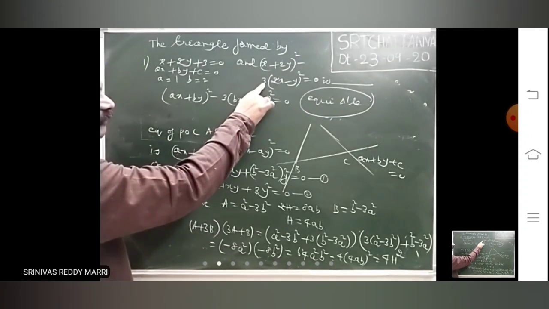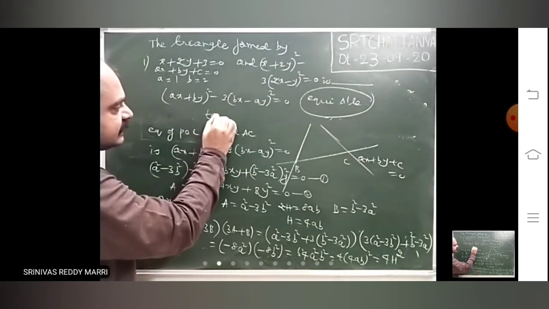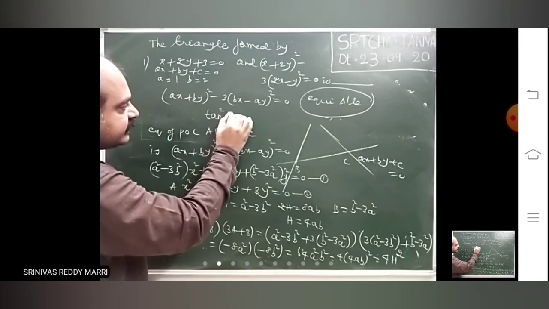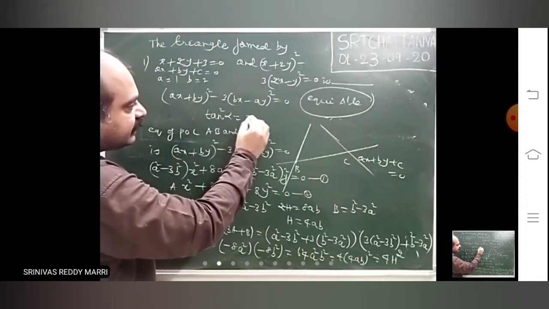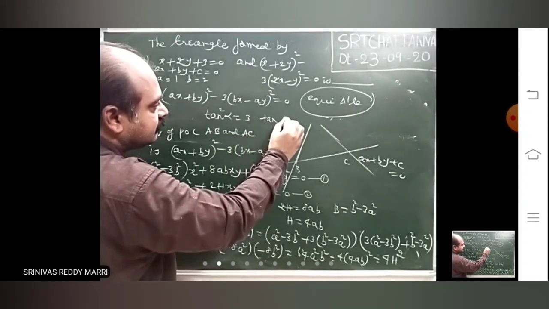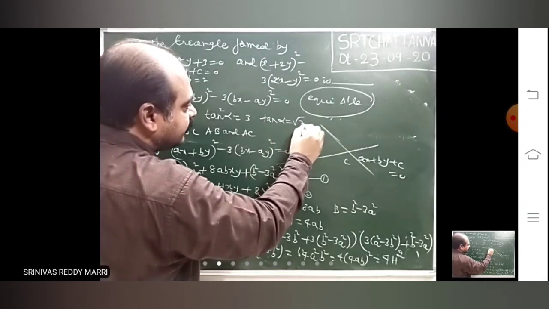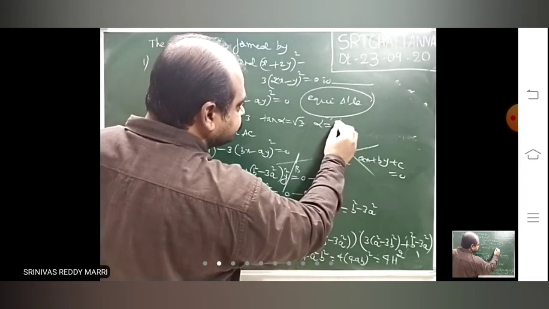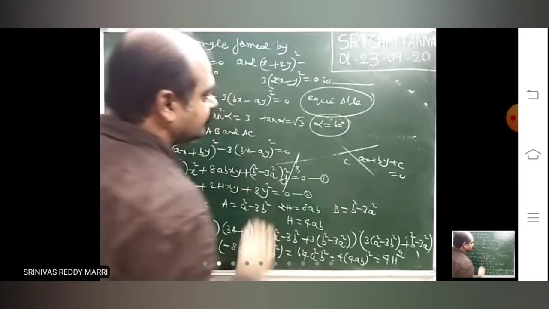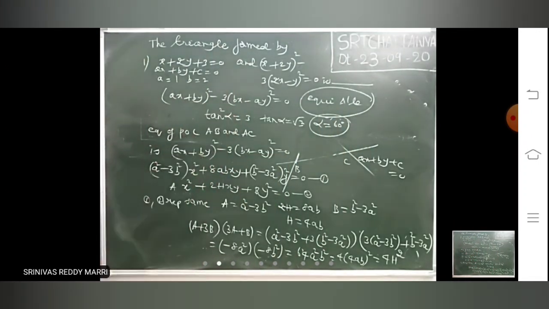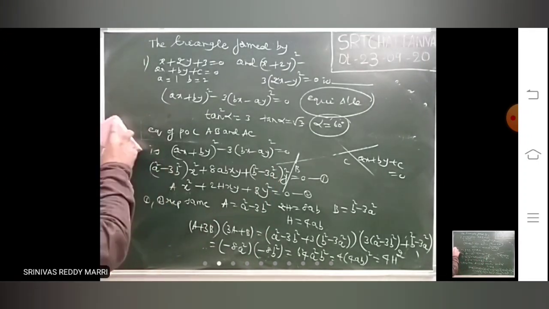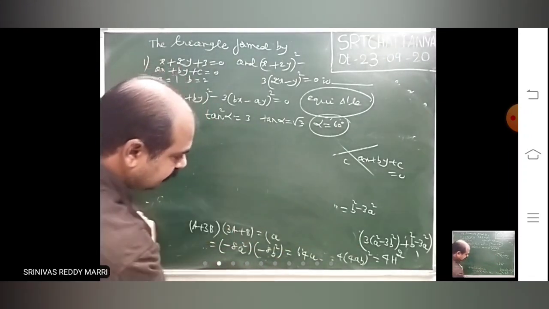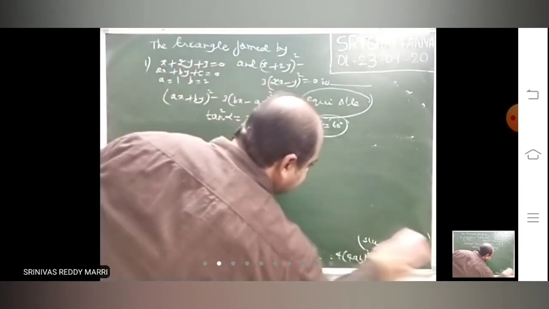So here whatever the term is there, that is tan square alpha. Tan square alpha equal to 3. That means tan alpha equal to root 3. Tan alpha equal to root 3 means alpha is what? 60 degree. Our equilateral triangle directly formula is there, this one. Right? So all angles of the triangle will be 60 degree. Like that, what is the triangle it will form?